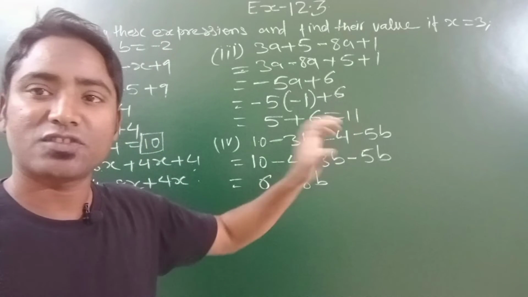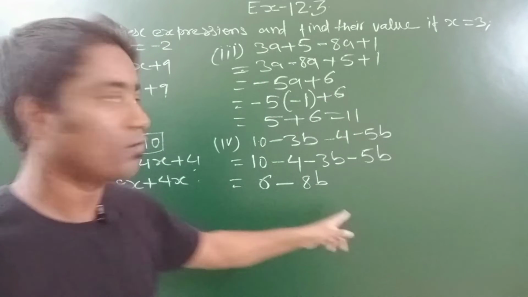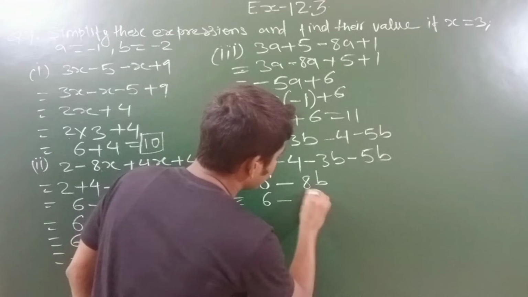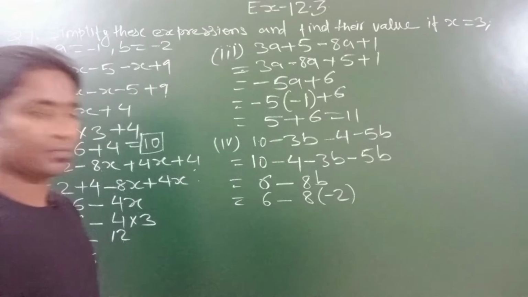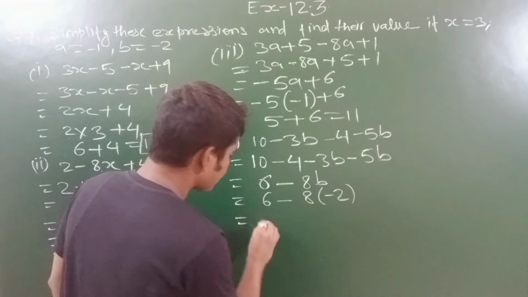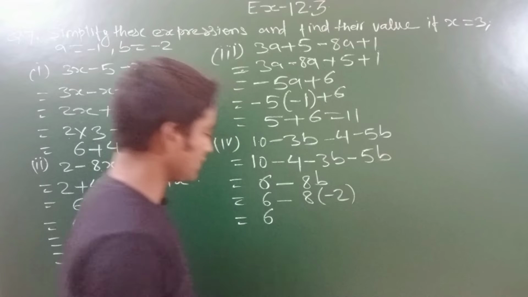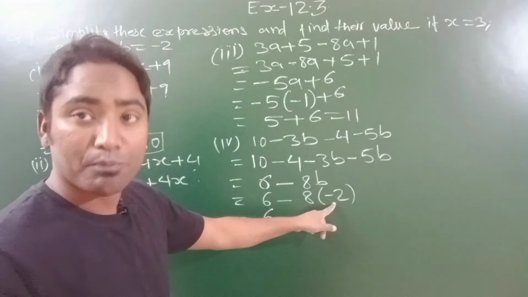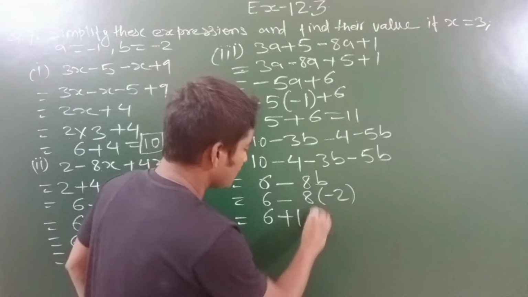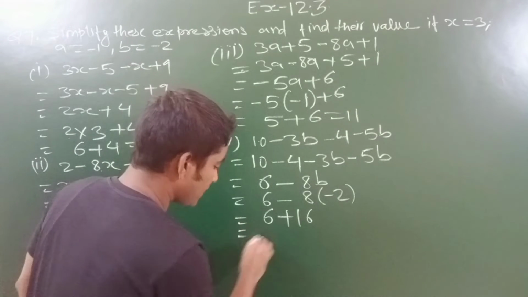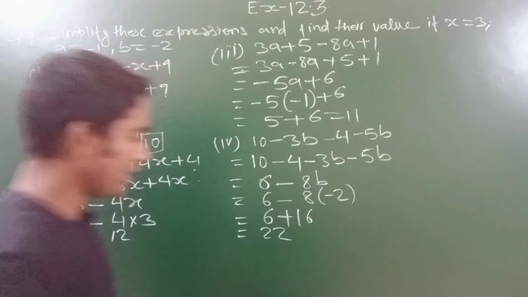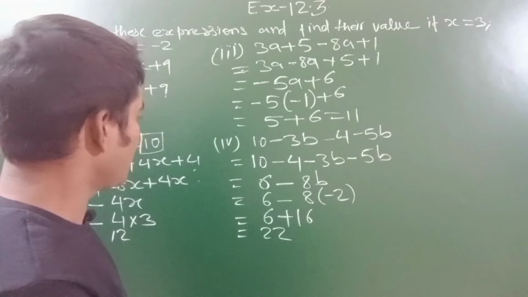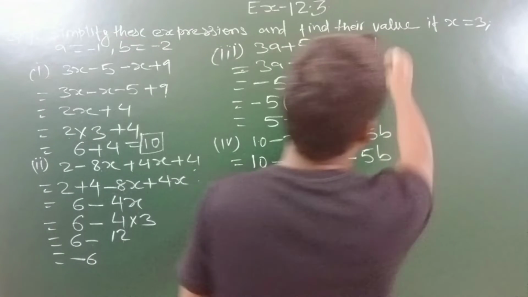Now here a and x are not there, so forget them and put the value of b, that is b is equal to minus 2. Okay, so here 6 minus 8 into minus 2. Now if you perform the operation, students, 6 is written as it is, before 8 minus sign is there, so minus into minus will give you plus and 8 twos are 16. Now if you add them, 16 plus 6 you will have 22 as your final value of the expression, students. Okay, now moving to the last segment, students.